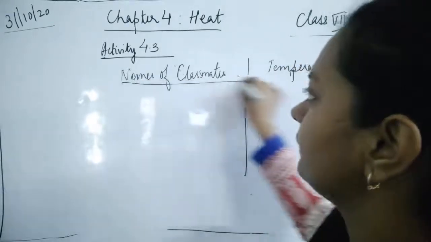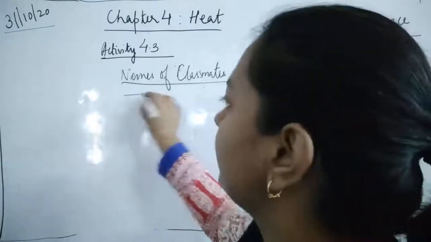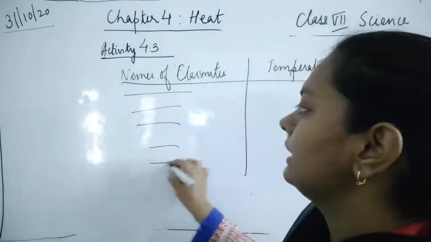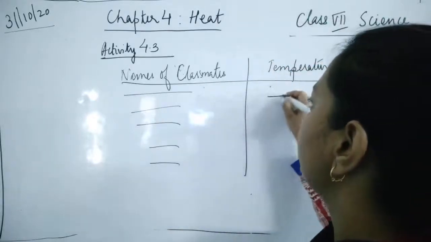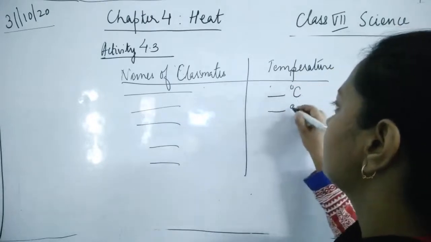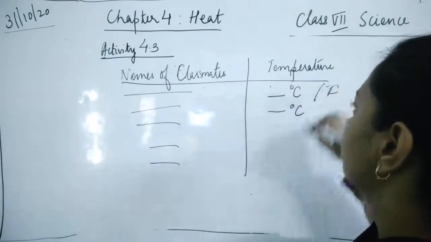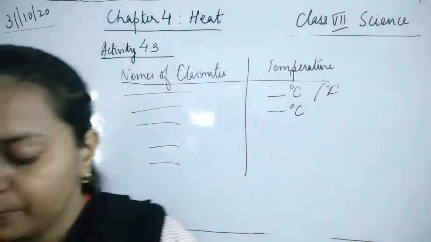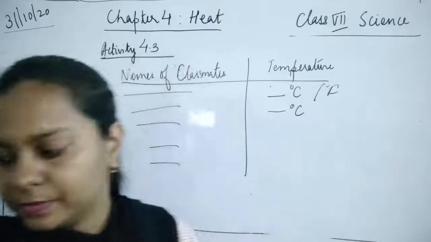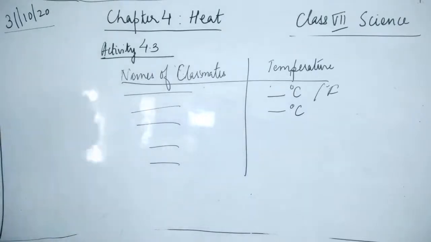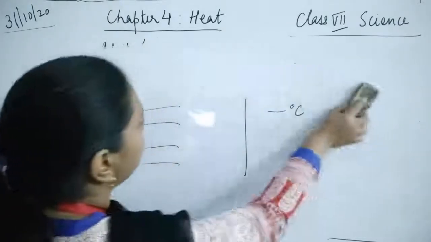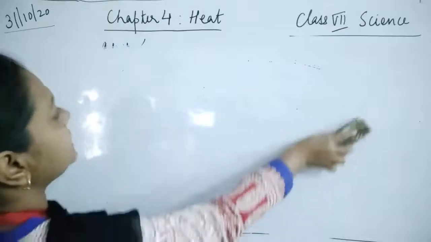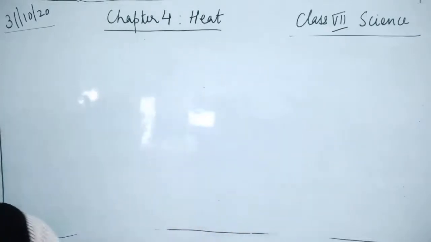This activity we will do in the online class. So we'll write down the names. We'll take 10 names and we'll write down the temperature in degrees Celsius as well as in degrees Fahrenheit. You will be measuring the temperature and telling me, and then I'll be discussing with other persons in our class. So this was about activity number 4.3, and we can take the average of all these temperatures.